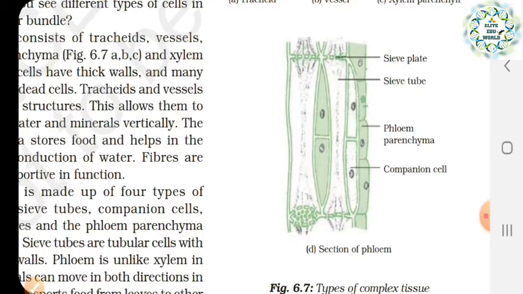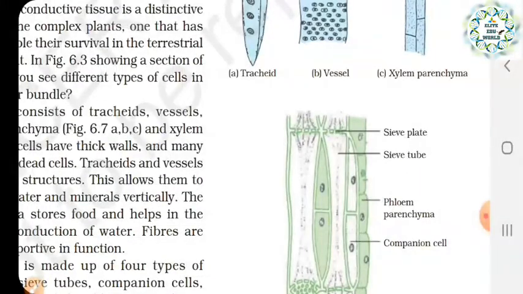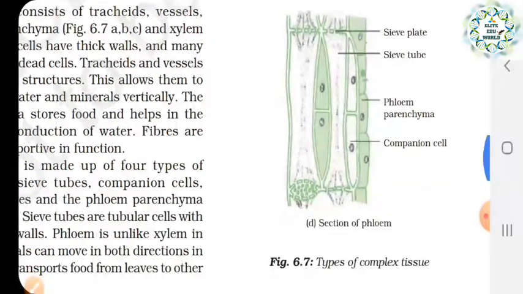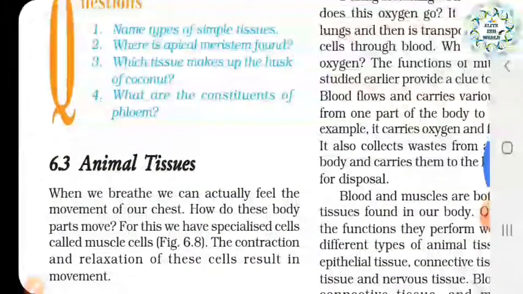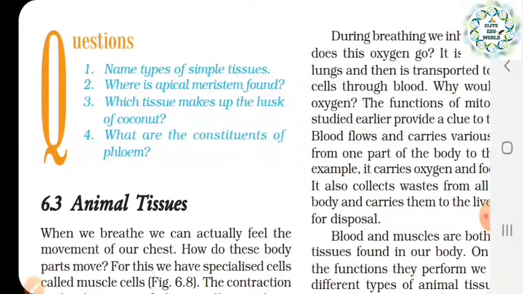And we have also seen the difference between xylem and phloem. The xylem transports water only one way, vertically from down to up, and that is why it has mostly dead cells, providing protection. But in phloem the material can move in two ways, allowing water and food molecules to move in both directions. So that is called phloem. We have already seen this in our previous slide. So up to here we have finished the things related to plant tissues.